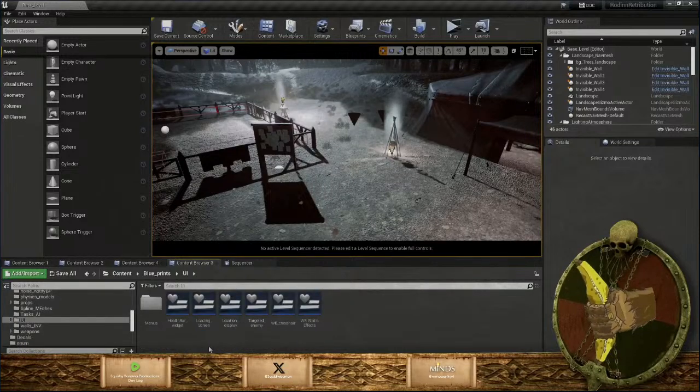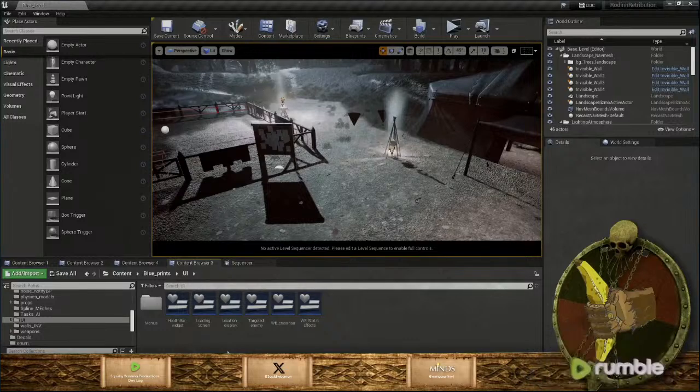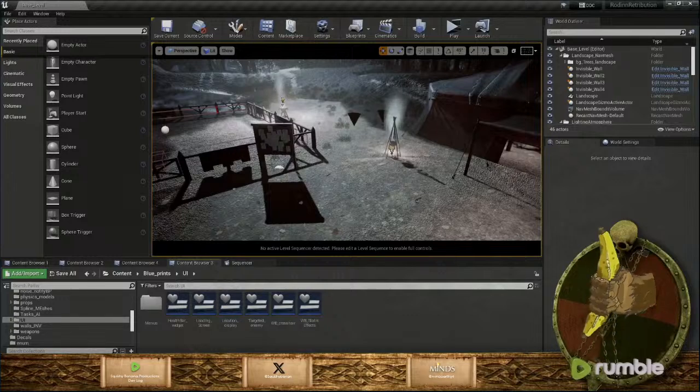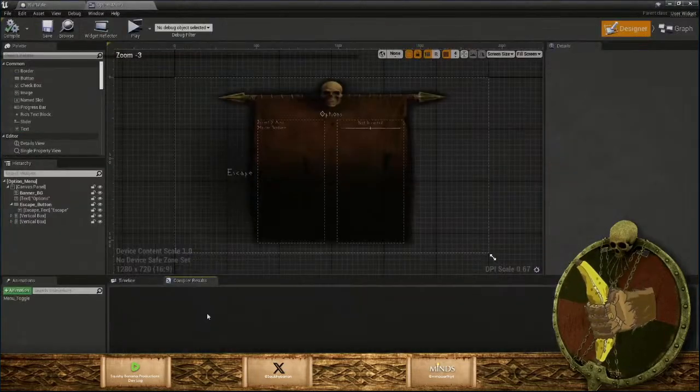One of the things I want to do is, well, in the option menu here,